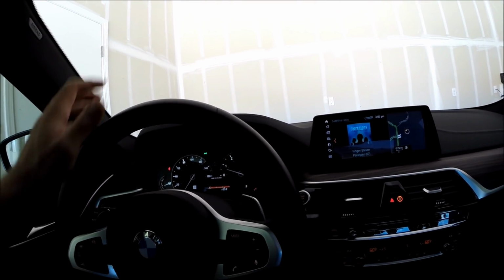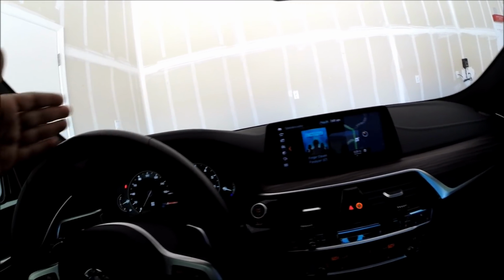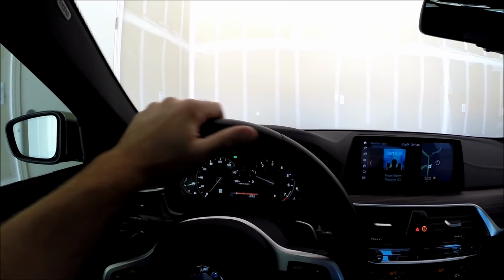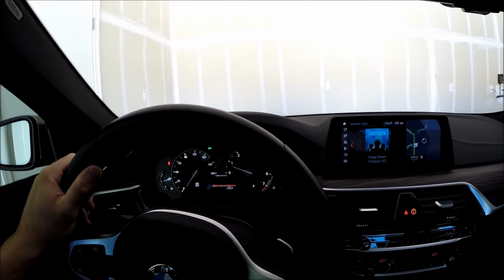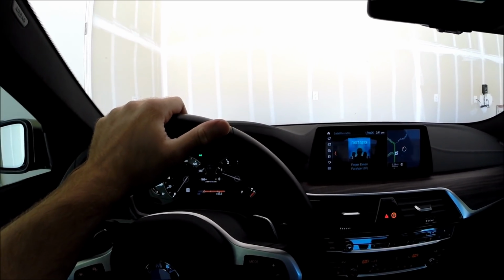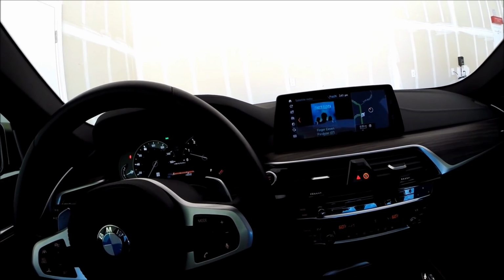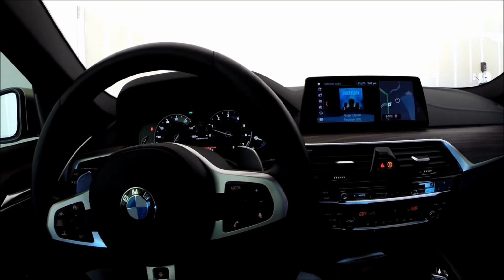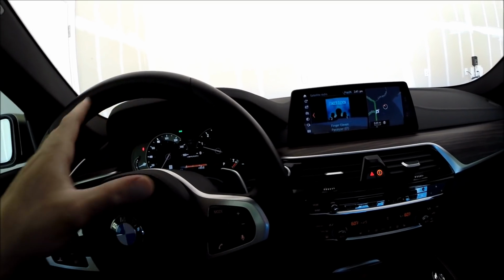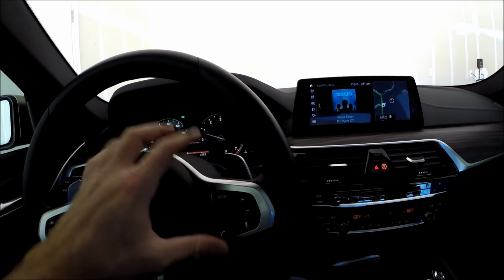The lane keep assist is very annoying. It's really annoying. So when you're in a lane and you come close to the lane marking on this side or that side, this starts vibrating and it wants to pull you back, and you're fighting with the steering, and it's the most annoying thing I've ever tried in my life. I mean, in terms of driving pleasure, because that's why you buy a brand like this, for the driving aspect of BMW, yeah, this ruins the whole thing. So we had to disable it. It was very, very annoying. Anyways,